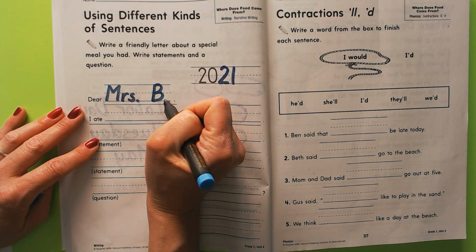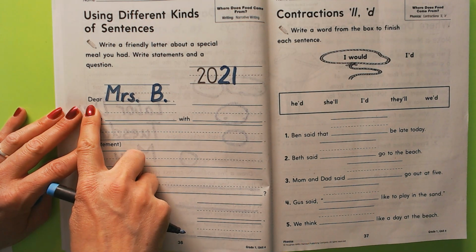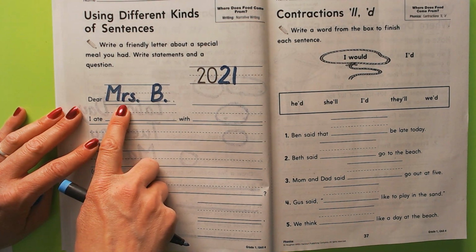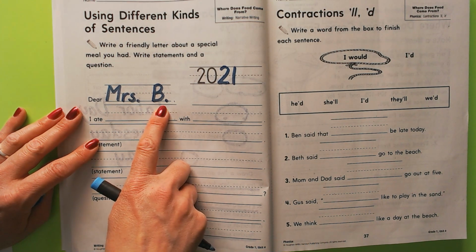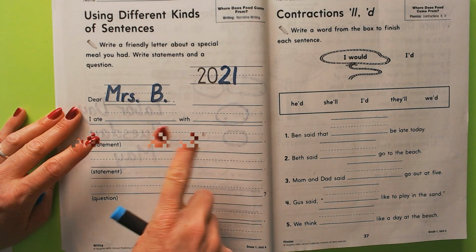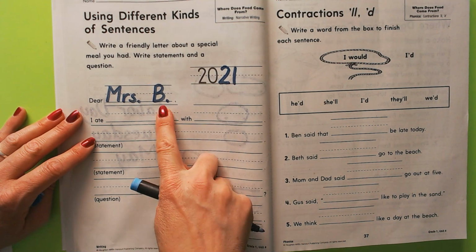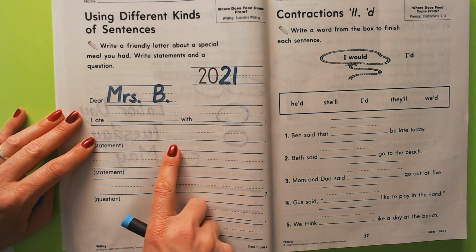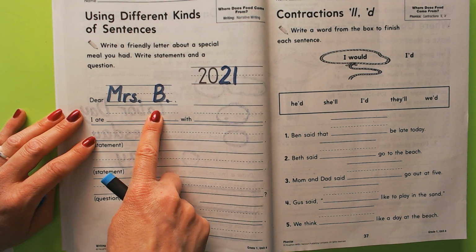Dear Mrs. B. These are abbreviations. If I were to spell Mrs. out the long way, there'd be like 7 letters, and I don't want to do that. And Miss Bailey, that'd be another 6 letters. They would not fit. But we're going to tell Mrs. Bailey what we had to eat that was,